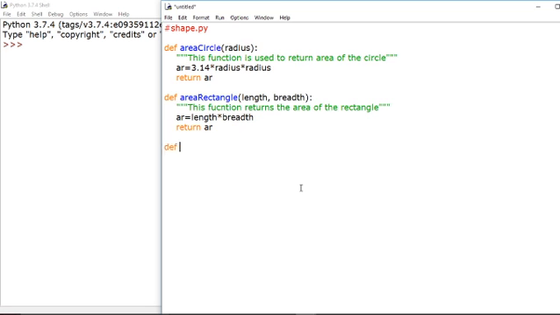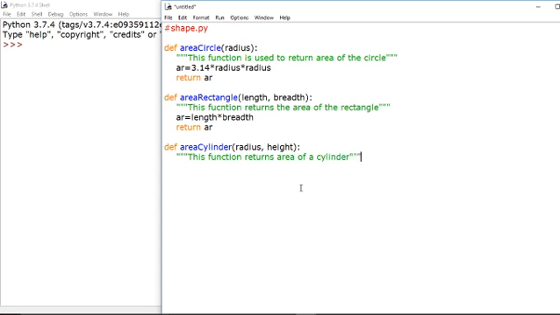Now the third is define area of cylinder. What do we require for the area of a cylinder? The radius, and we also require the height, isn't it? Now I am writing the docstring: this function returns the area of a cylinder.